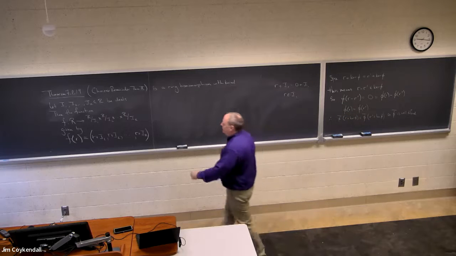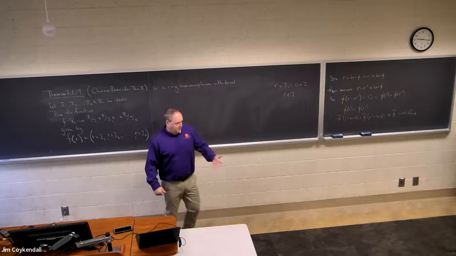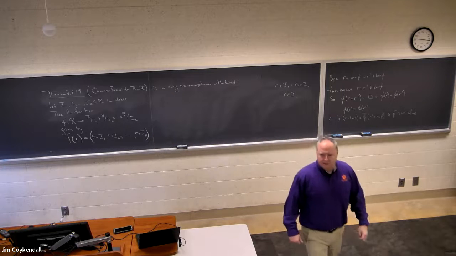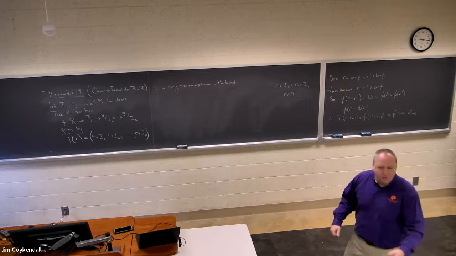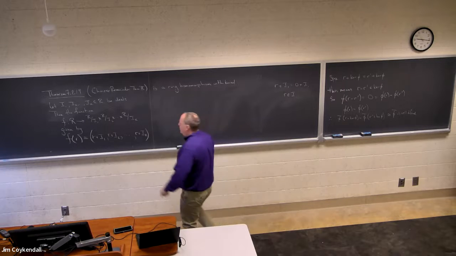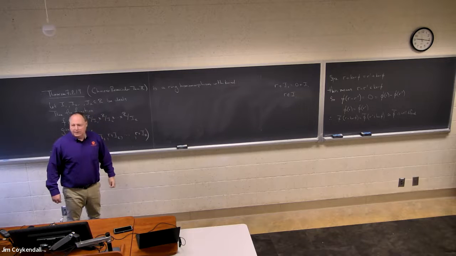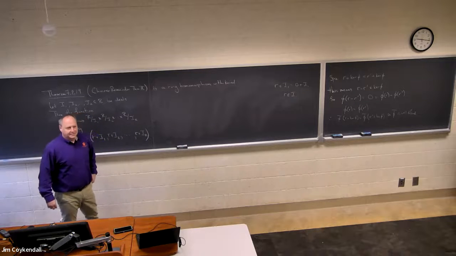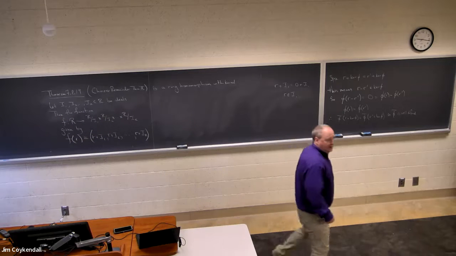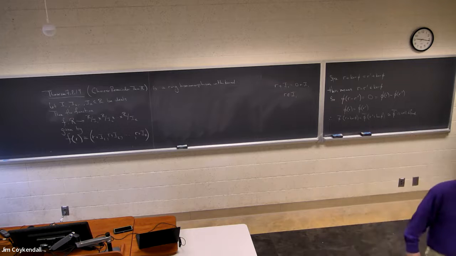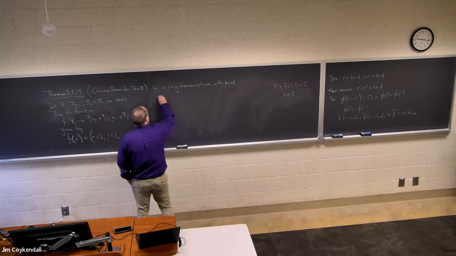So what do I need to make that first coordinate 0? I need R to be in I1. What do you suppose I need to make the second coordinate 0? R has to be in I2, right? To make the third, R has to be in I3, and so forth. So what do you suppose the kernel is? What does it take to go 0 all the way across the board? R has to live in all of them, right? So the kernel of this should be